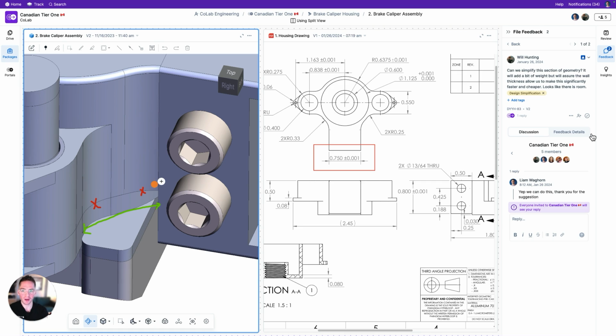So that's a very quick example of doing a DFM review with a supplier, giving them not only access to the drawing with that manufacturing information, but also really easily giving them access to that 3D model as well,